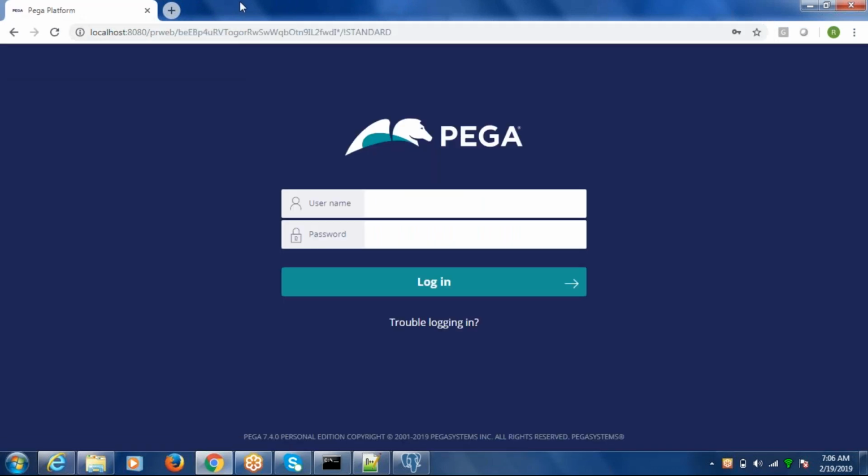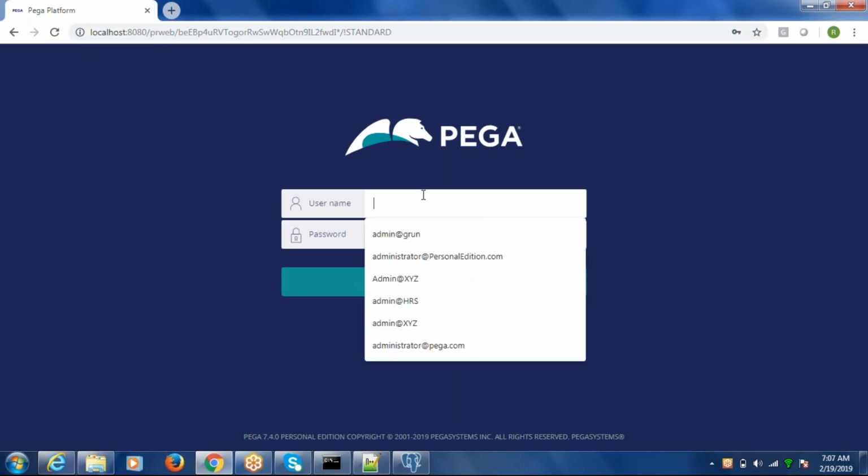And prweb is the servlet context. In order to log in, you need to provide the servlet context as well. So till this is the server details, and after this you are specifying our web details.